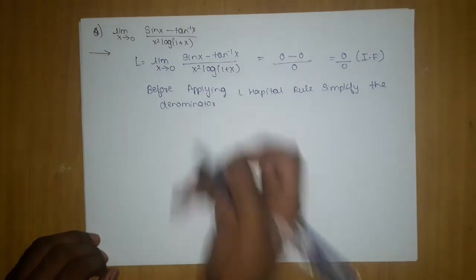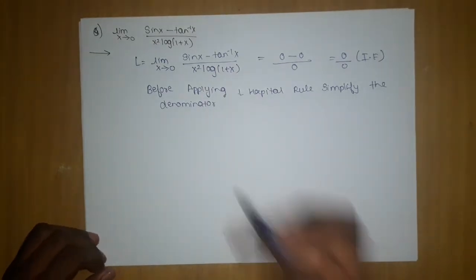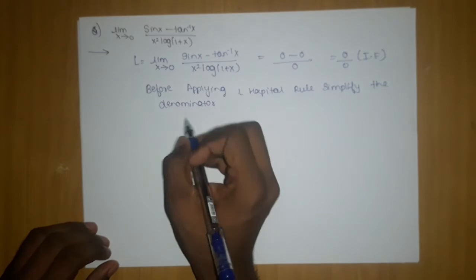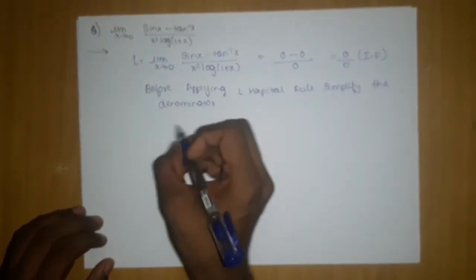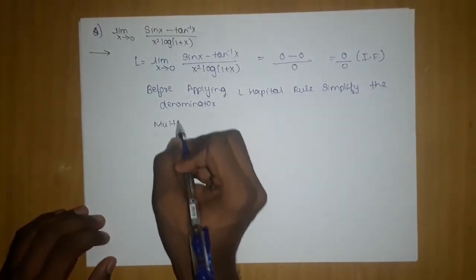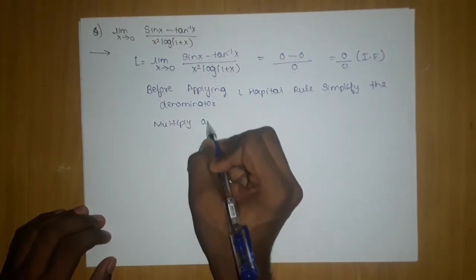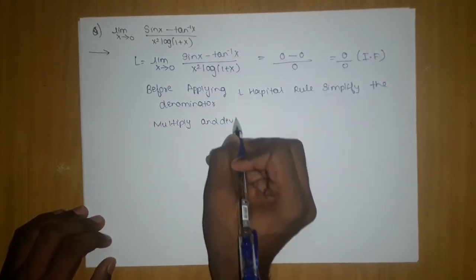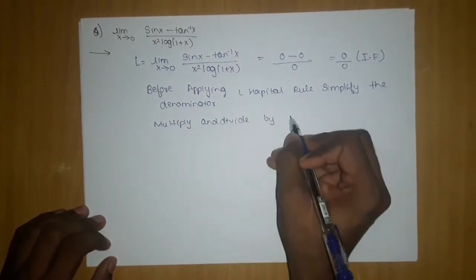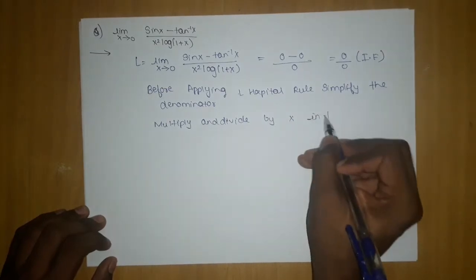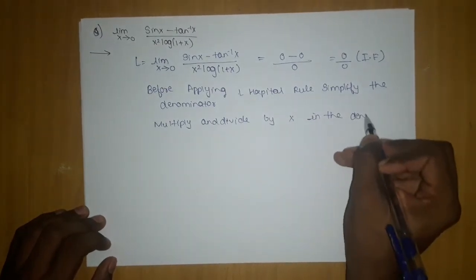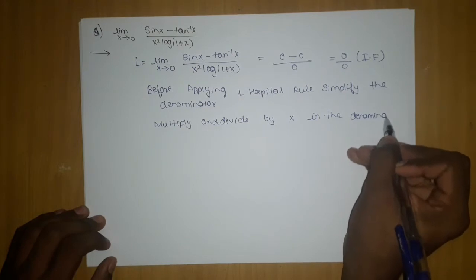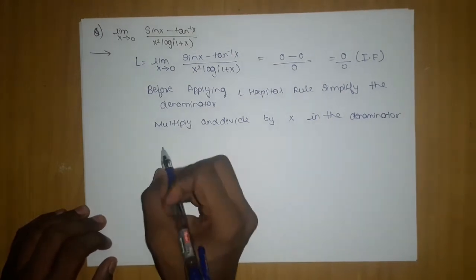But the trap part here is, I will tell you what children do. Okay, so multiply and divide by x in the denominator. What you get,